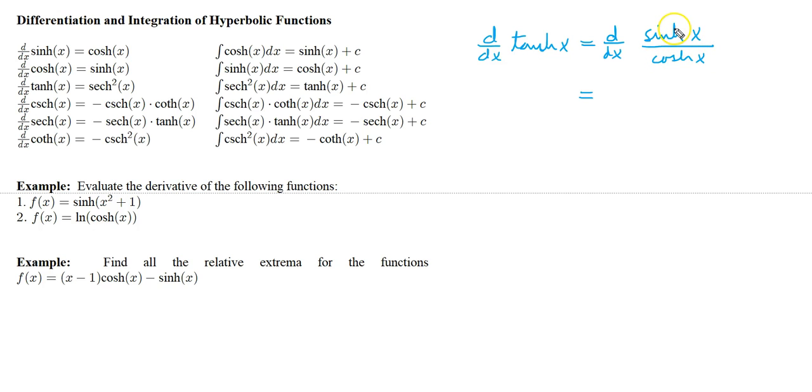Bottom times derivative of the top, and the derivative of sinh is cosh, minus top times derivative of the bottom. Sinh times the derivative of cosh is sinh, so I just wrote it as sinh squared, over the bottom squared, and we end up with,